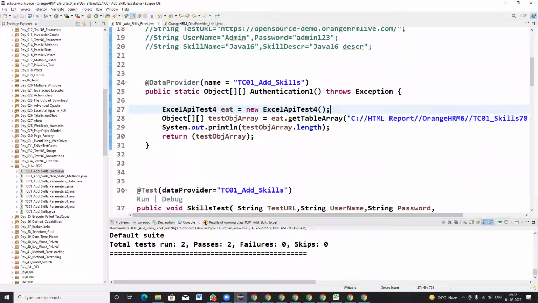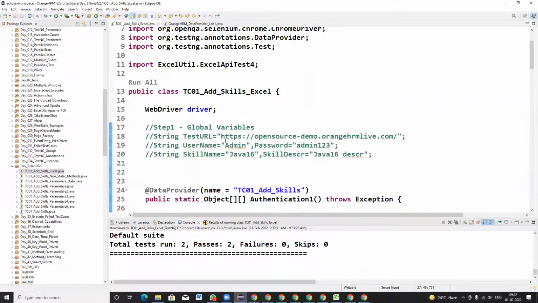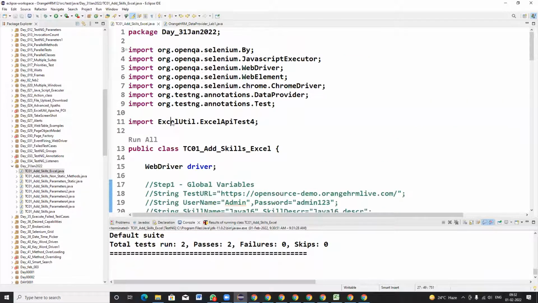Clear to everyone? So the steps I have done to fetch input data from Excel: I have used import Excel util package name, which contains the Excel API test 4 class. So after